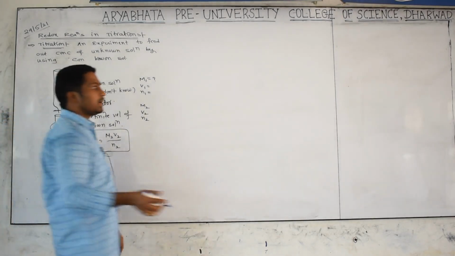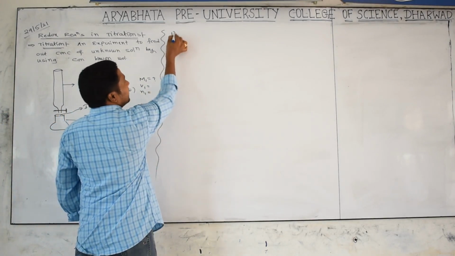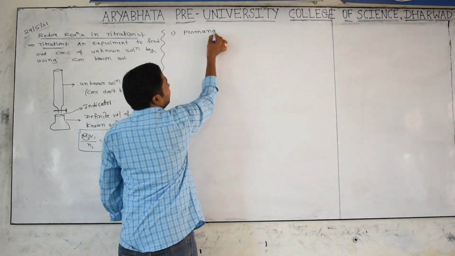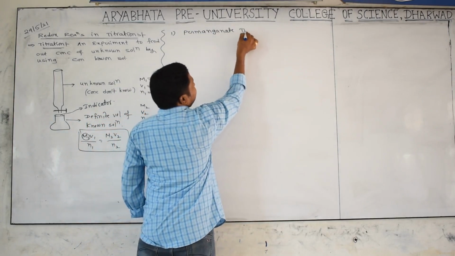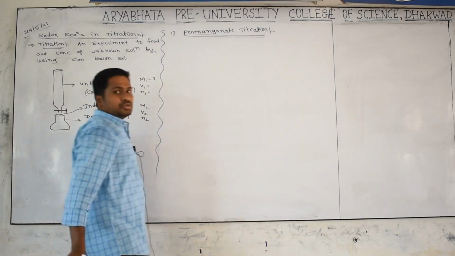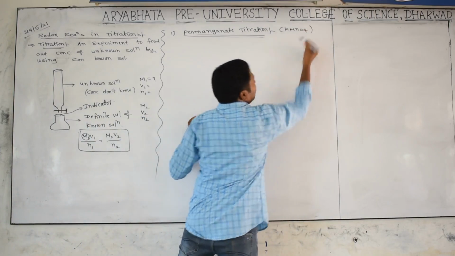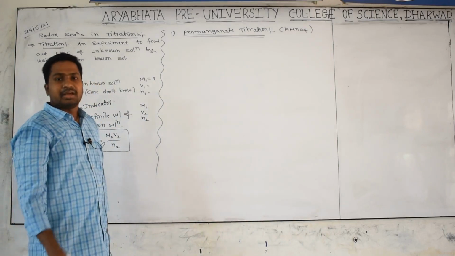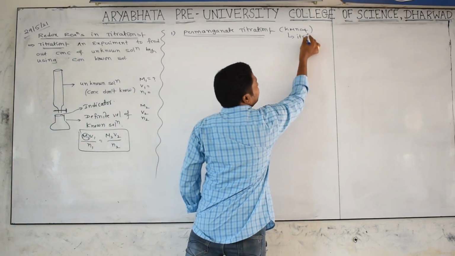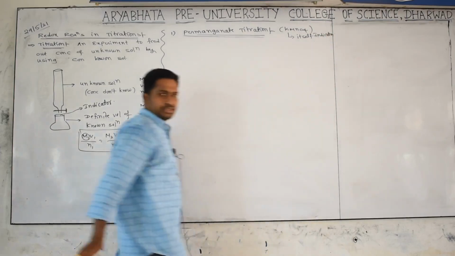We have different types of titrations. I will tell you the first one. The first category is the permanganate titration. Listen carefully. In this titration, to find the unknown solution, we use potassium permanganate, a purple colored chemical. Here there is no use of an indicator. KMnO4 itself acts as an indicator. There is no need to add an indicator from outside to the chemical mixture.